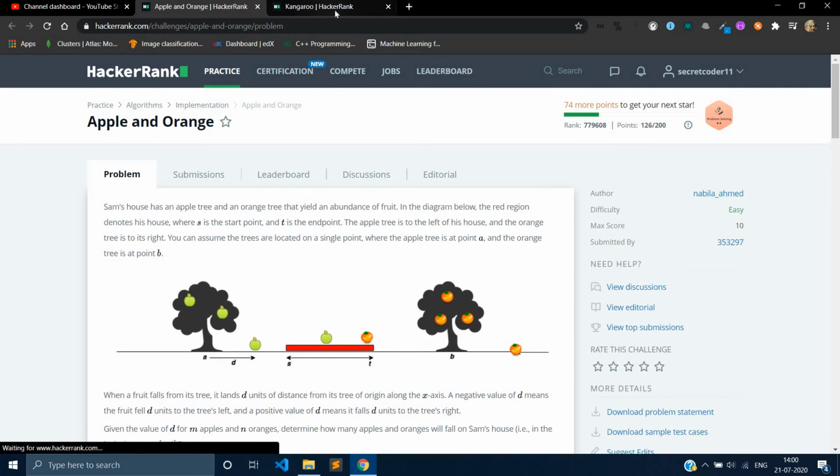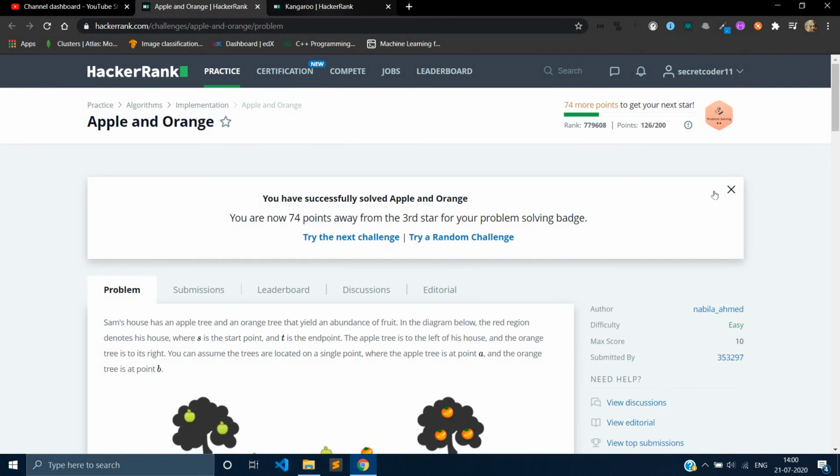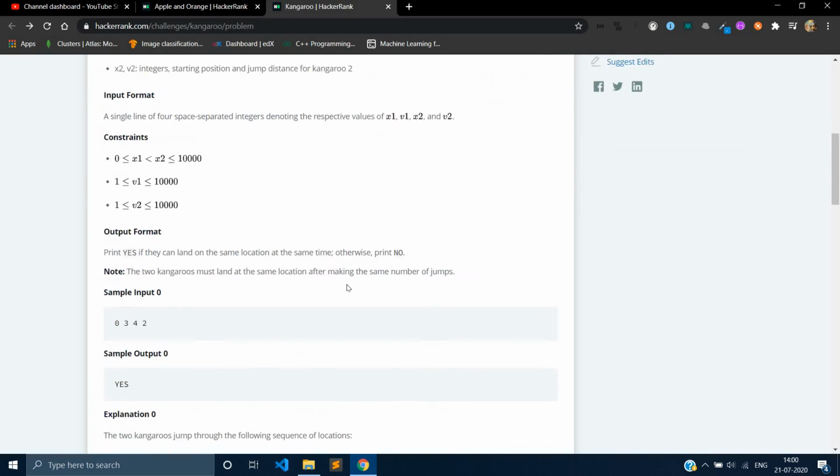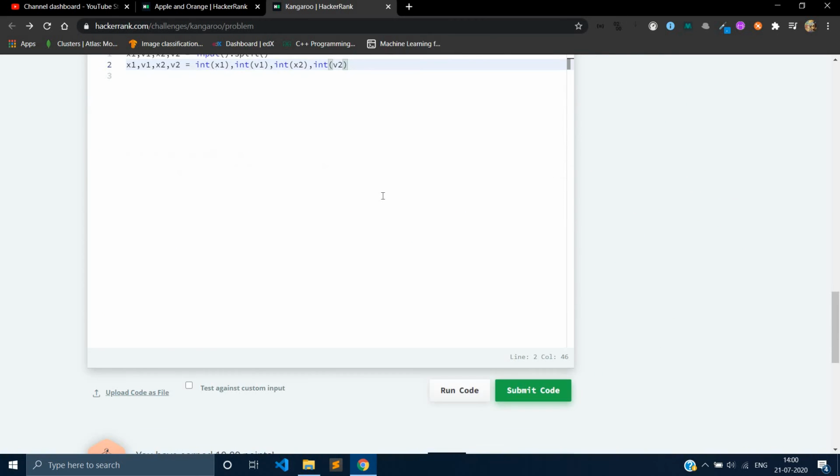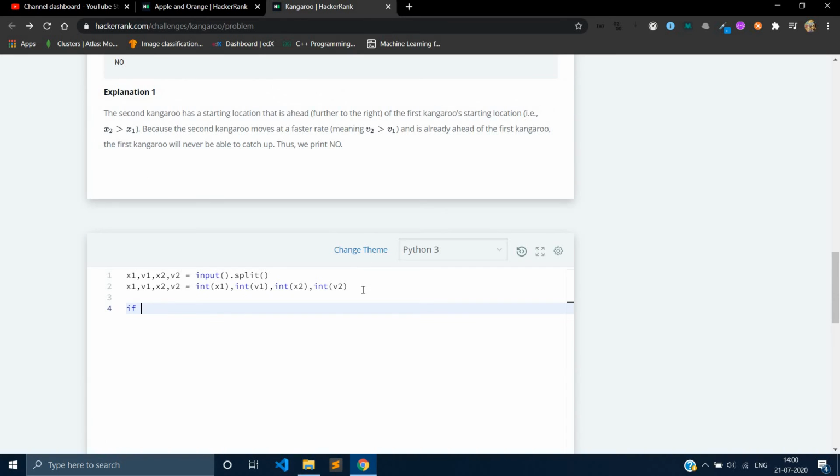So our second question is Kangaroo on HackerRank. So we need to solve this question. This is another very easy question. At first you need to read the question, and we need only a conditional statement. Write one conditional statement, if